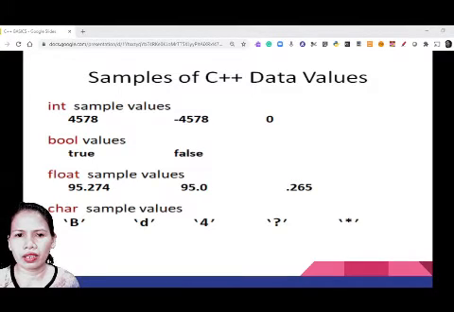The example of int, it's either how long your number is, as long as it's a whole number. In the Boolean, values are true or false. The float, like this sample. And the character, as you can see here, you will use the character, usually one character. If you will use four words or letters, or two words, then you have to use the string data types. Okay,